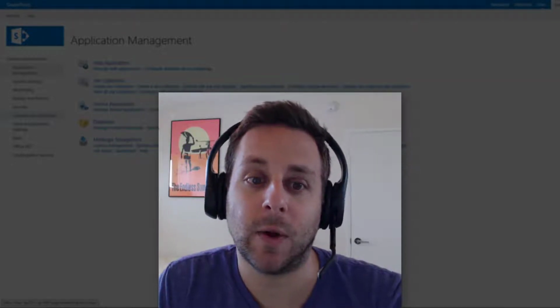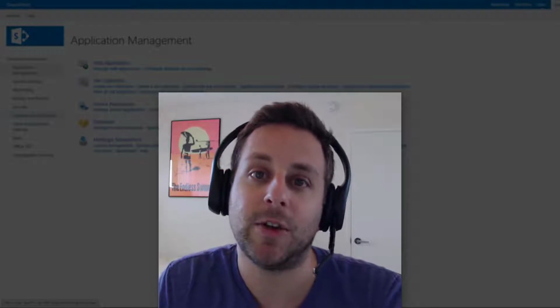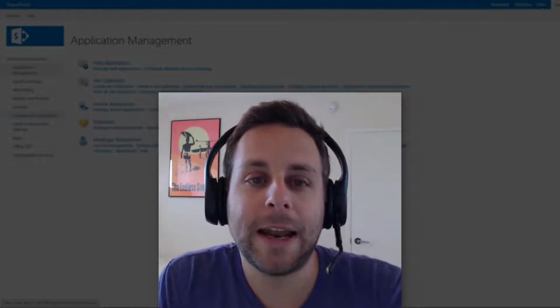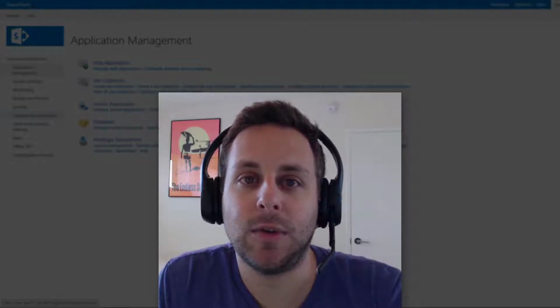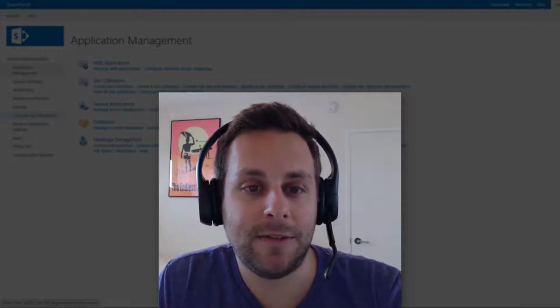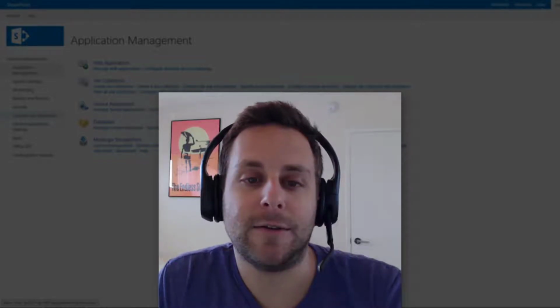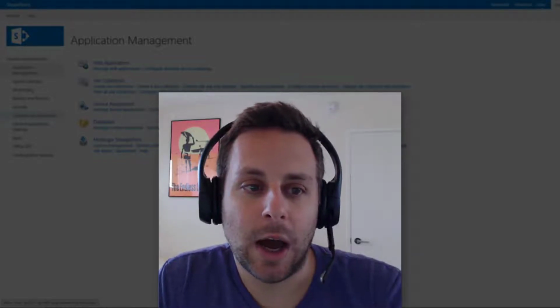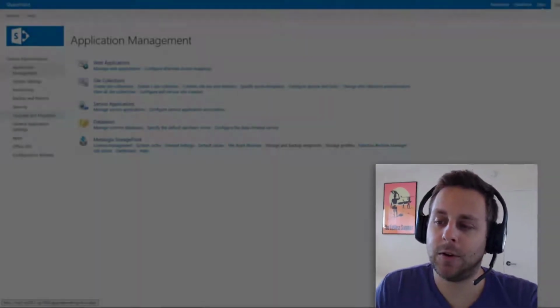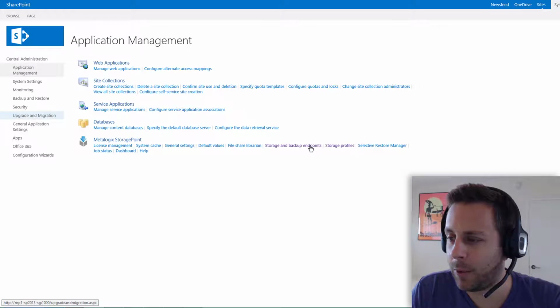Oftentimes when you're working in larger environments, you're going to have a lot of endpoints and a lot of profiles. So commandlets provide a much easier way to do things like add new profiles or new endpoints, update, delete, make any kind of real edit or change in bulk instead of having to do it through the UI. Actually, I've got central admin up here, so if you go look at a lot of these endpoint properties